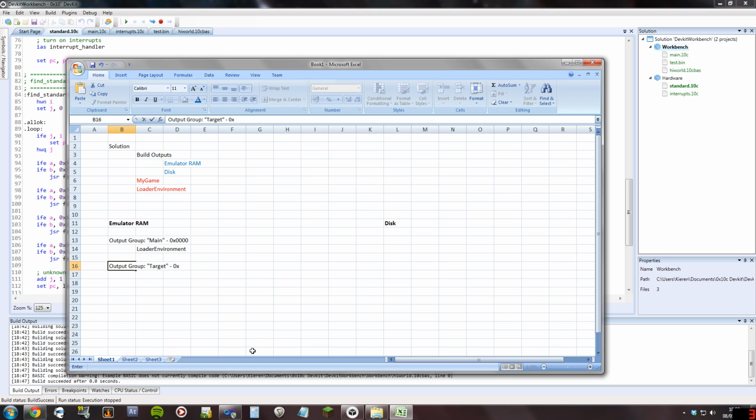Good example. There's not much in high memory at the moment. My game. So for emulator RAM, as in when you click